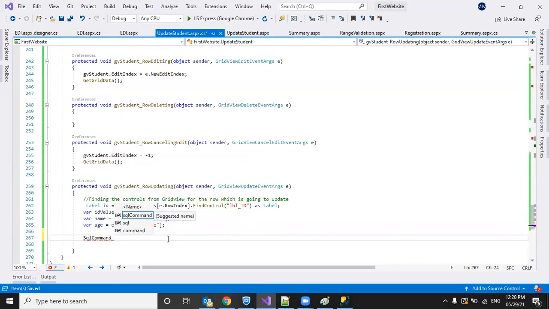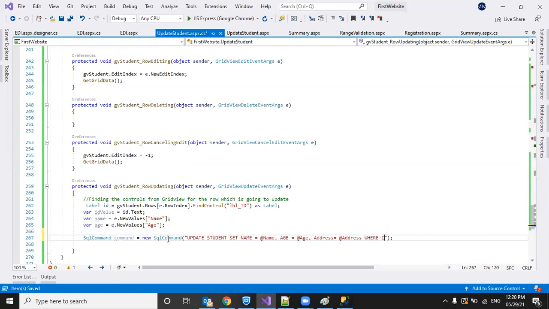SQL command equal to new SQL command, and we can write that command here, like update student set name equal to @name. I'm going to use parameters to set these values. Age equal to @age. Likewise, address equal to @address. Like this I can set.